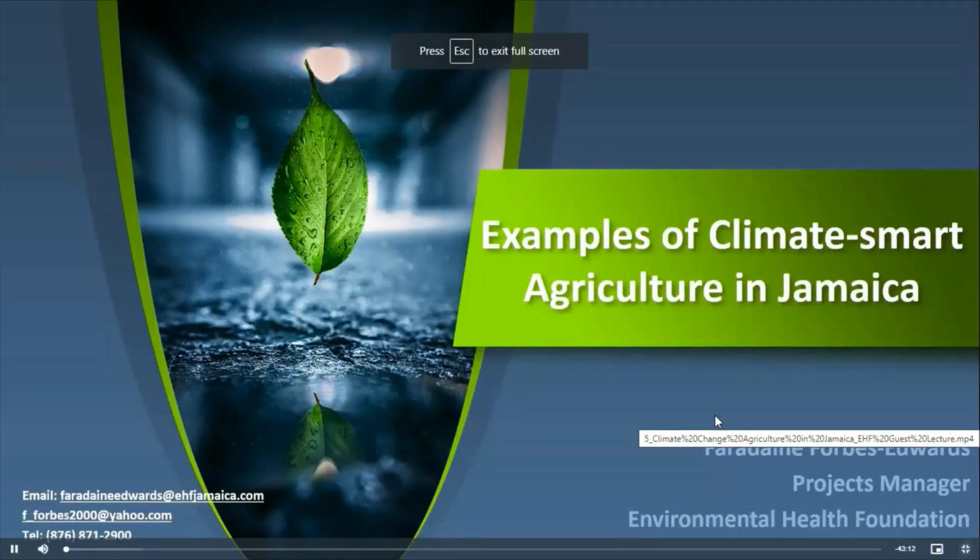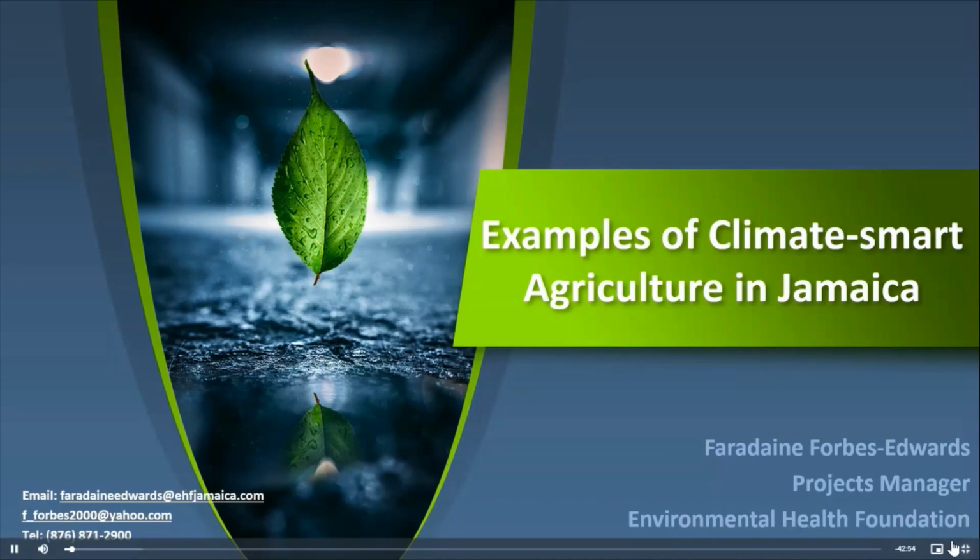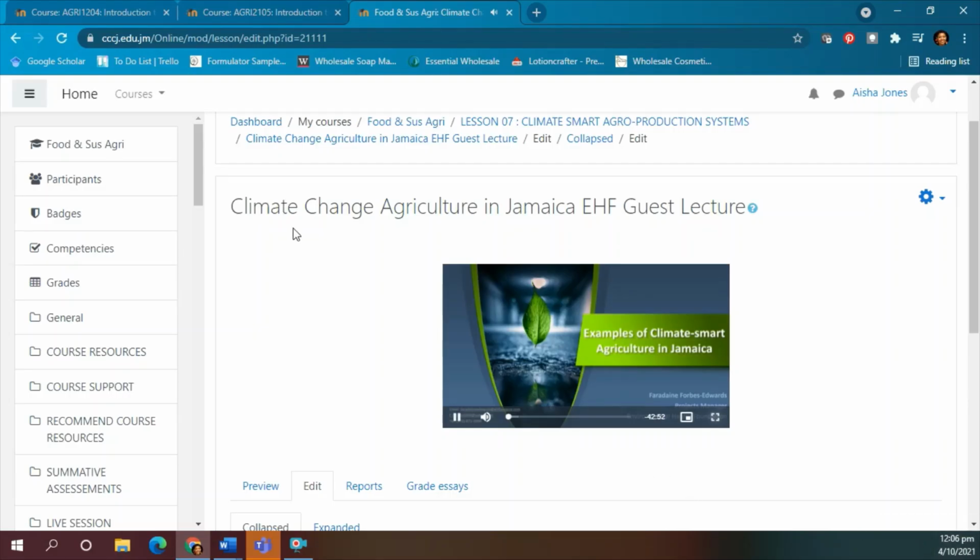The students can watch this lecture. It gives very specific industry-related examples, real world examples for students to review and to apply to their studies as they progress. And there are several of these throughout the